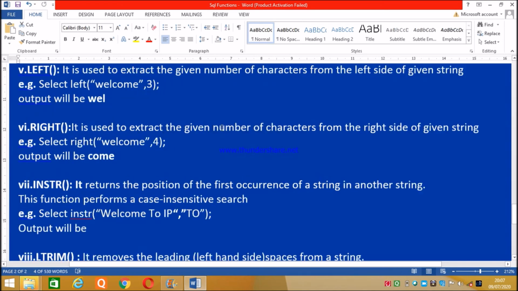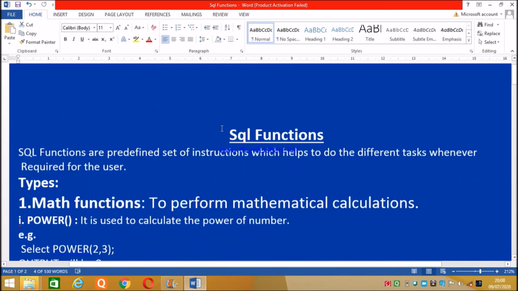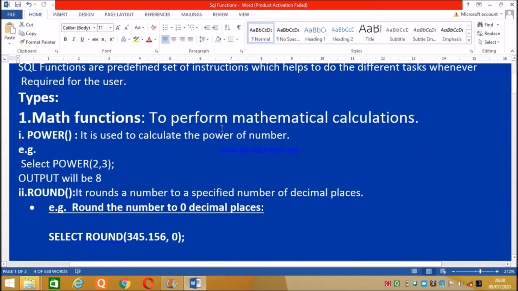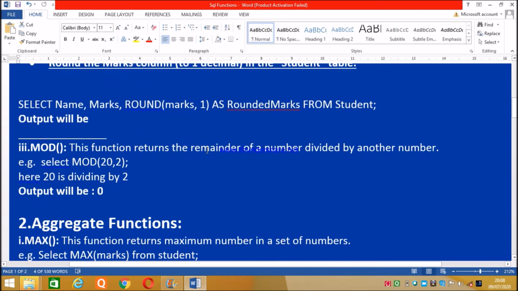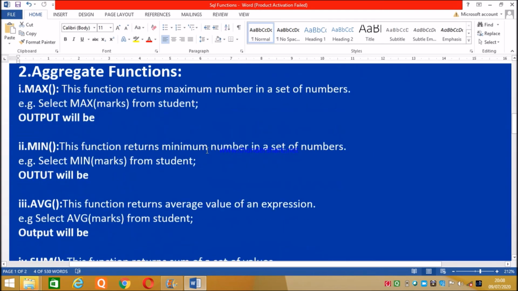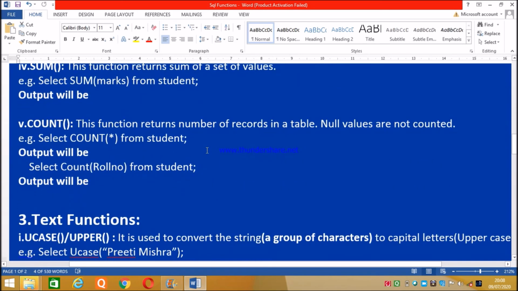Now again we can do the revision here. So in the revision, you can see what we have tried. SQL function number 1, maths functions we have tried: power, round, then we rounded off the value, then mod, we tried max, min, average, sum, count for counting the values.